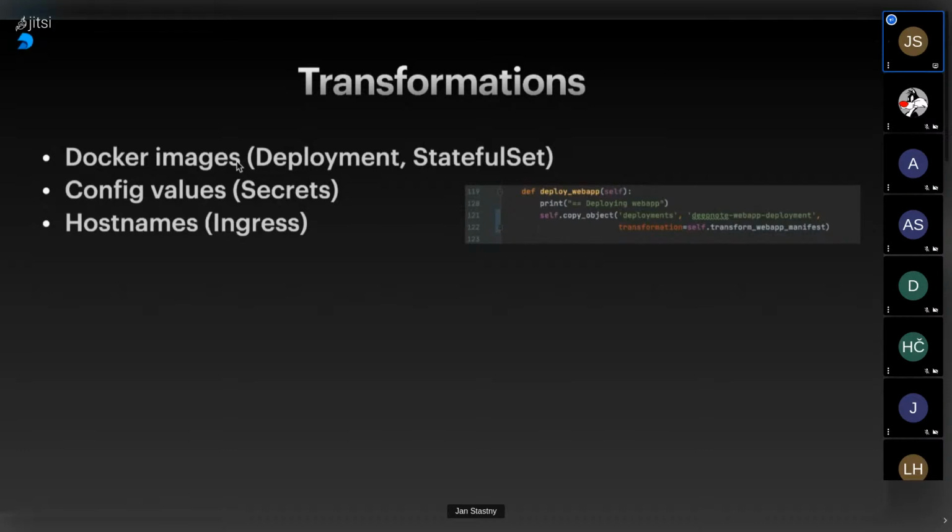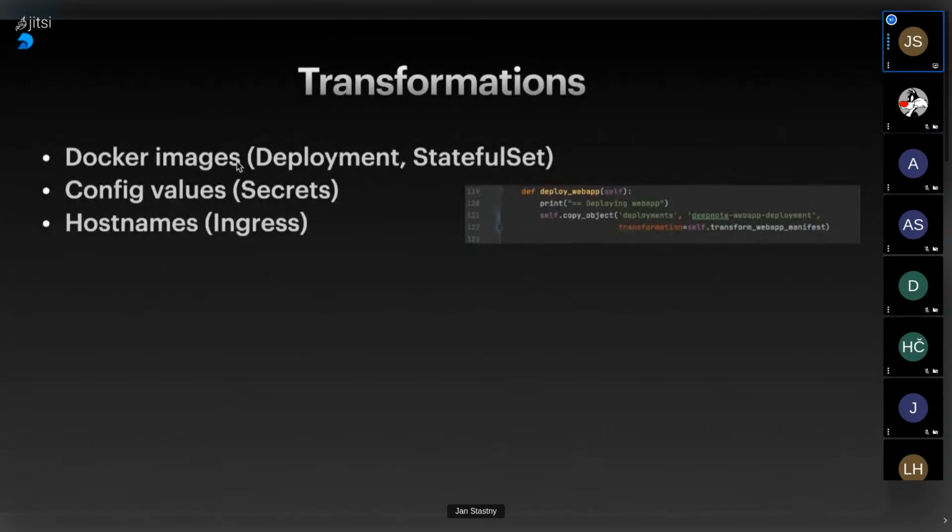We don't want to spend too much time building a generic review app mechanism that will work for the hundreds of microservices that we currently don't have. We currently only have a couple, and we are completely fine writing a couple of lines of custom Python code just for them. We mostly change the tags or the names of the Docker images for our deployments and stateful sets. That's simply to get the fresh or the correct code running inside of the deployment or stateful set.